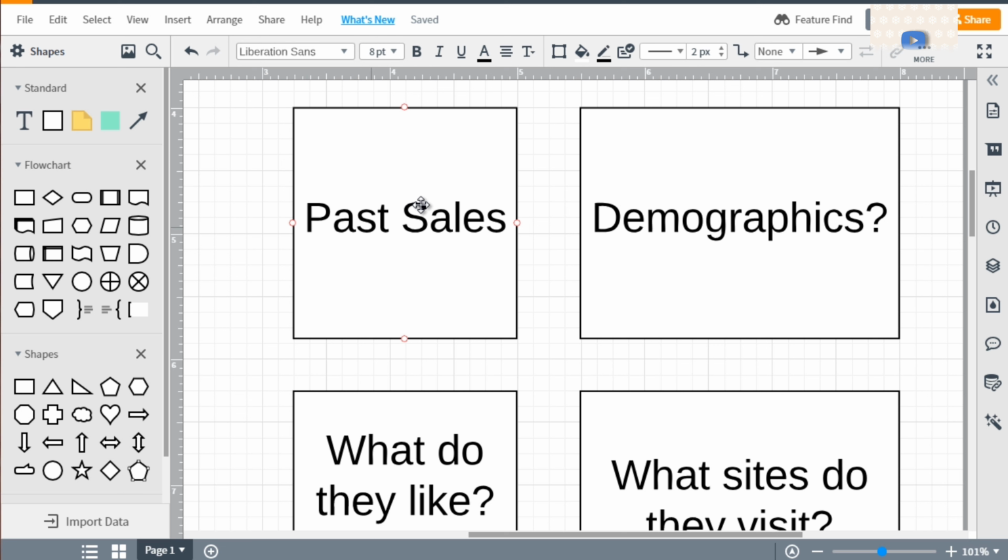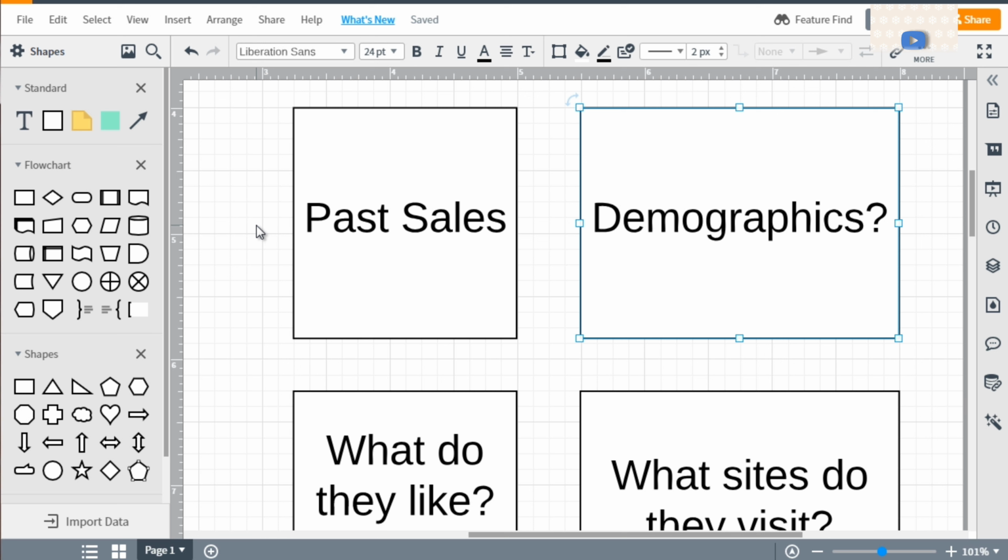Now, if you don't have any past sales, then you're going to need to get an idea of this. You can create the demographic data, and obviously you can start testing, but you're not going to know 100%. All this is doing is simply giving you a first step. So this is not set in stone. This is not going to be forever. So past sales is one thing. Another thing is to start developing and figuring out their demographics.